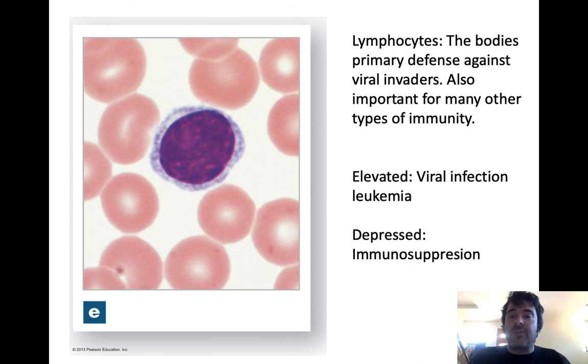Lymphocytes. Lymphocytes are the body's primary defense against viral invaders. It's also the body's primary defense against opportunistic cancers. So lymphocytes are really, really important. A lot of times when we talk about the immune system, we are talking almost exclusively in many respects about what lymphocytes do,